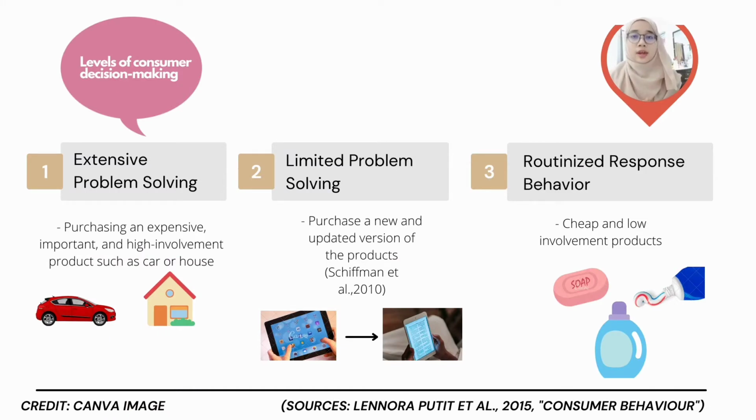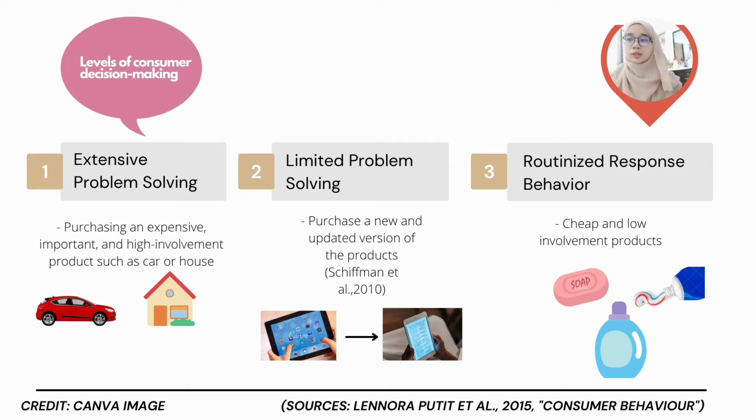After that, we have three levels of consumer decision making. The first one is extensive problem solving. The second one is limited problem solving. The third one is routinized response behavior. For the first one,